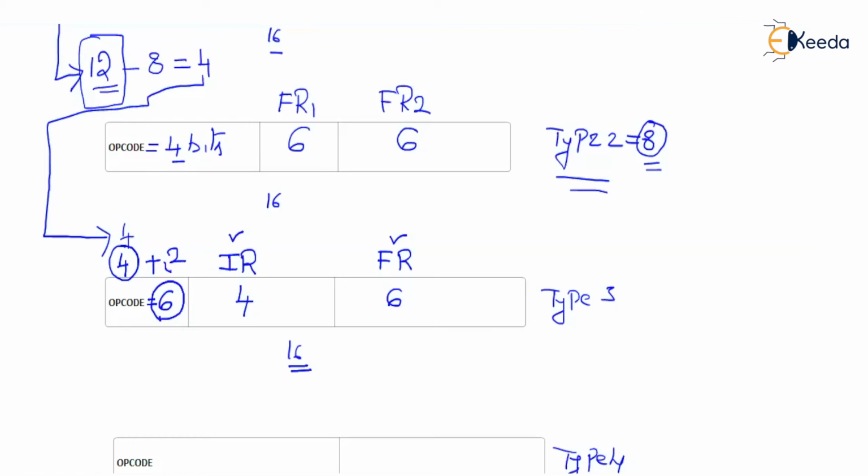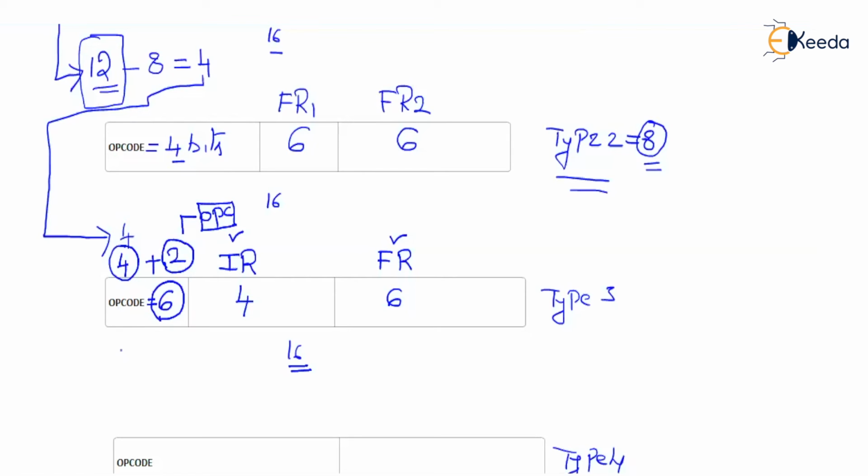And the next 2 digits in the first 6 digits are being used for the first time as the opcode. These 2 digits we are using for the first time as the opcode. Earlier, these 2 digits were part of something different, that is the operand field. Now, for the first time in the system, we are using these 2 digits in the first 6 digits as an opcode, which will give us a total combinations of